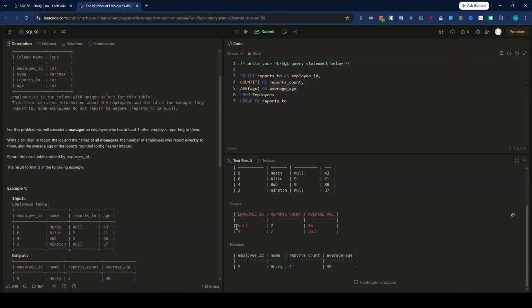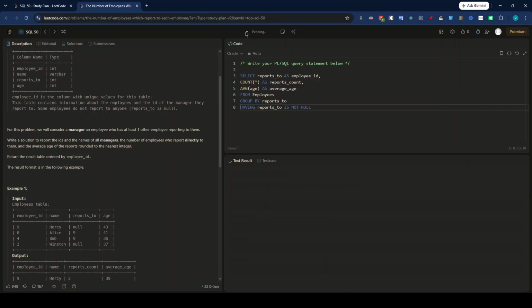So we need to ignore it, guys. We should not output the null group. So I can put one more filter: having reports to is not null. I'm just filtering on this particular group data. If I do this, you can see that the null will be removed. There were two groups formed, and I do not need to output the null value. So if I run this,